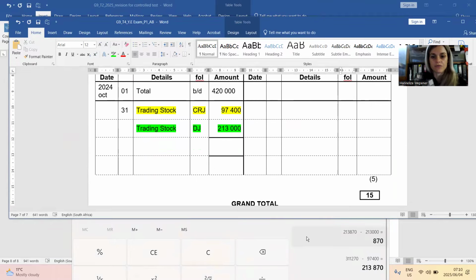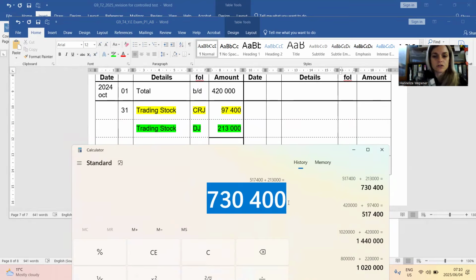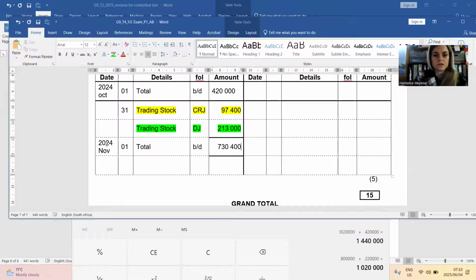And then we do the same for our cost of sales. So started with 420,000 plus the 97,400 plus 213. So our total cost of sales starting on the 1st of November. So total brought down from October is